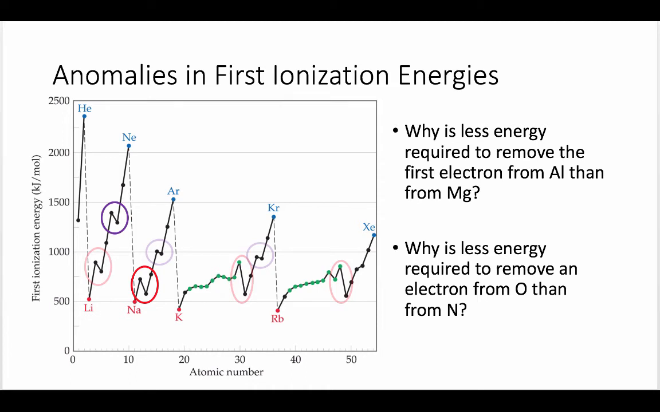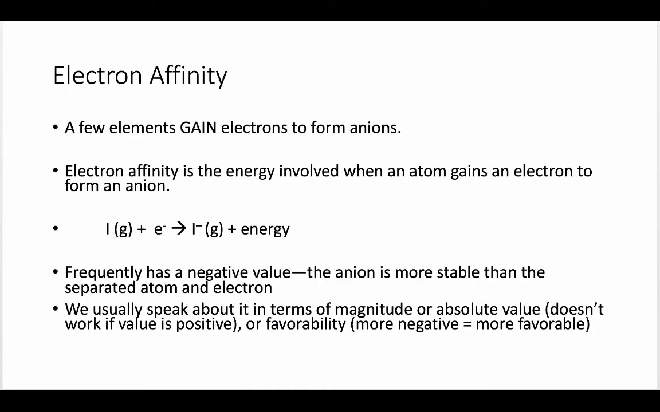Okay, the next trend that we need to talk about is electron affinity. Electron affinity is when an atom gains an electron to become a negatively charged ion. Okay, it gains an electron to become a negatively charged ion. And in general, this releases energy. It's exothermic. And so the value of the electron affinity is negative. So we usually talk about this in terms of magnitude or absolute value. Meaning the more negative it is, we might say that it's higher or it's more